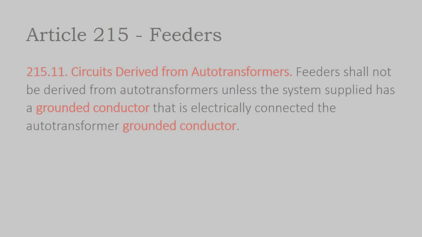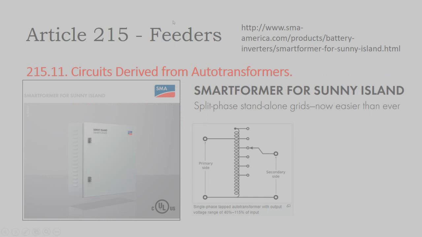We get another definition. We're going to say feeders shall not be derived from auto transformers unless the system supplied has a grounded conductor that is electrically connected to the auto transformer grounded conductor. All right, so what the heck does that mean, and how does it apply to solar? I've never seen an auto transformer in a solar array until I started to get into battery banks. And so here, SMA has a very popular auto transformer, and it needs one because